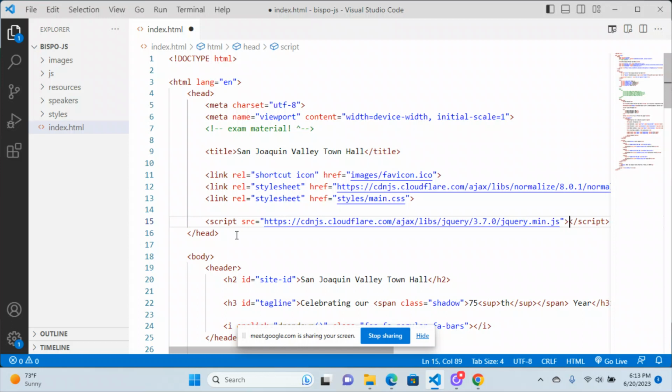But that's okay. Just go ahead and get this in there and save the document. And before we do anything else, we're going to pop over to the browser and open up the console and play around in here and check out what jQuery is all about. I think you'll catch on to the idea pretty quickly because it's a very nicely written